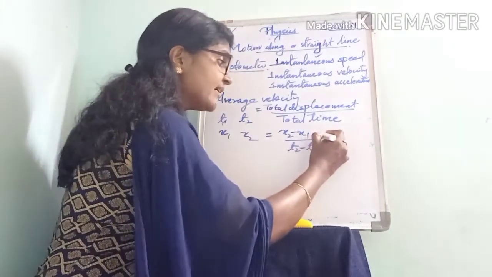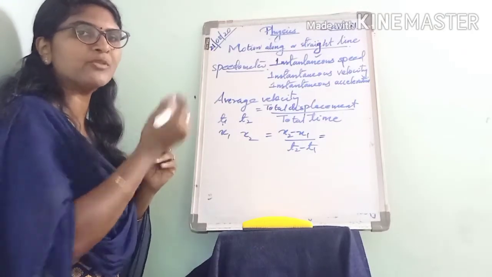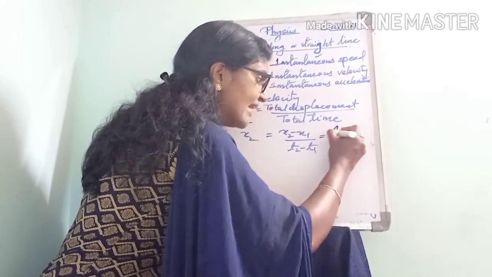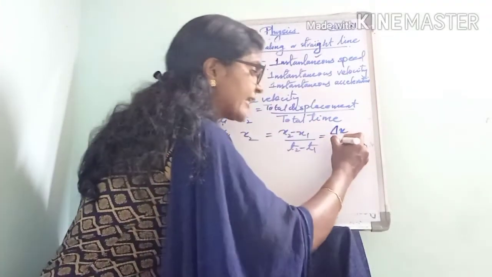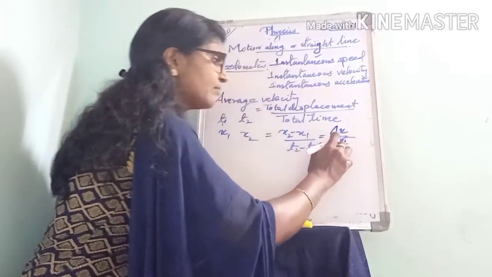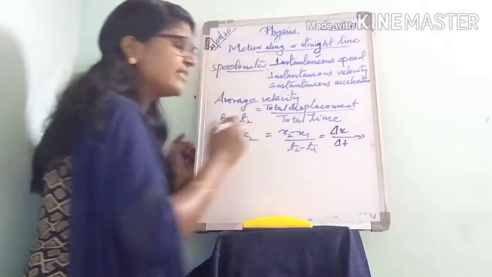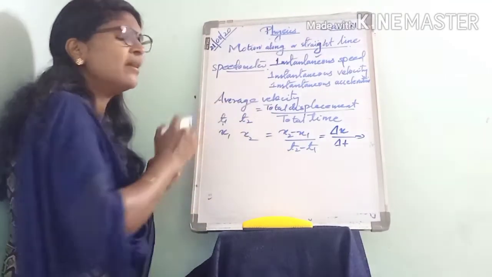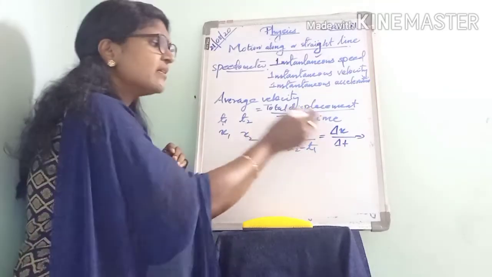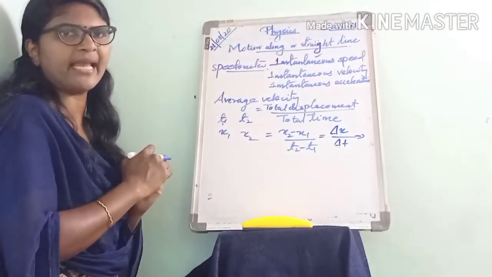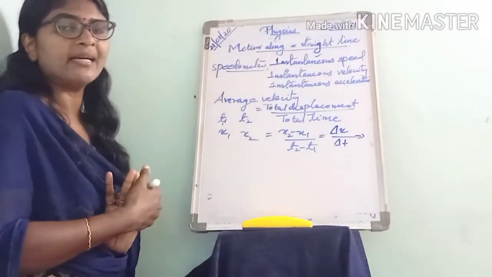This is the change of position, and a change can be represented by delta. So we can write it as delta x divided by the change in time, which we represent by delta t. Now, the difference between speed and velocity: along with the speed, when we mention the direction, it becomes velocity. That is the only difference. Here we are saying the direction also, but in the case of speed we are not mentioning the direction.